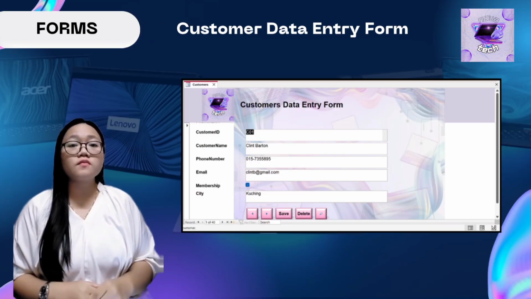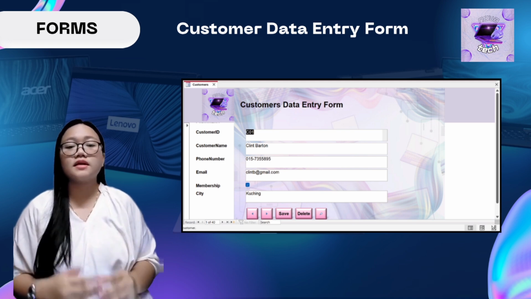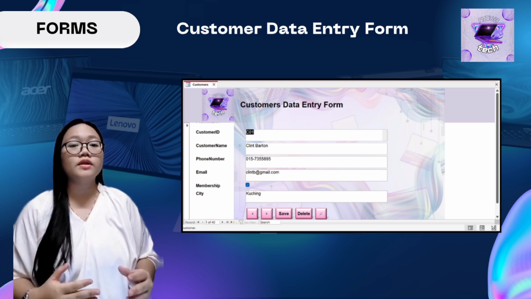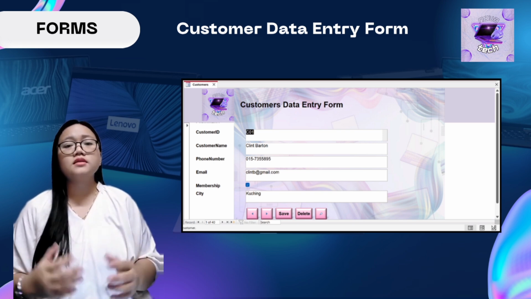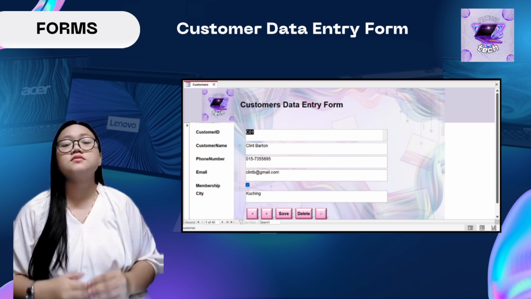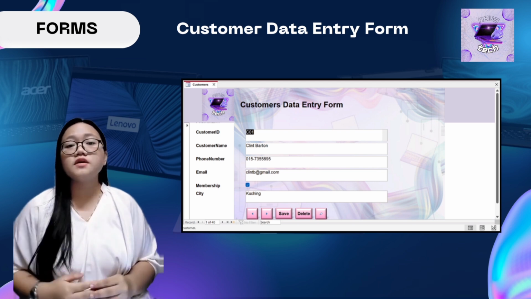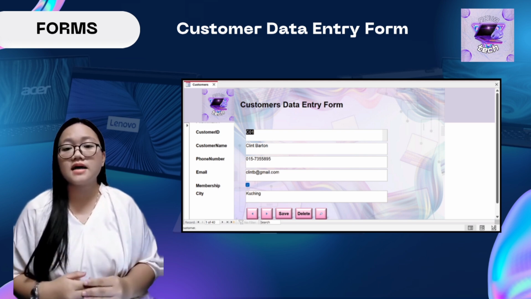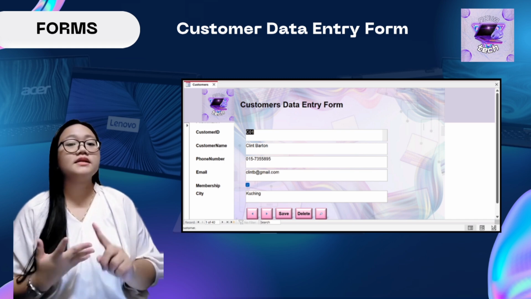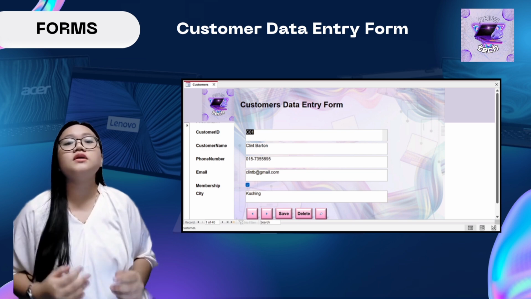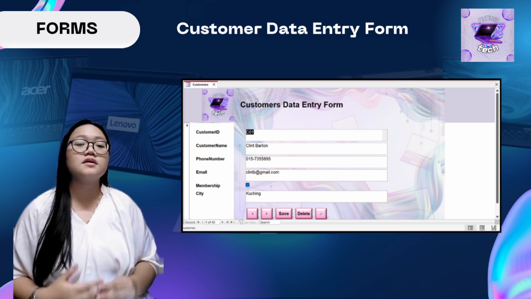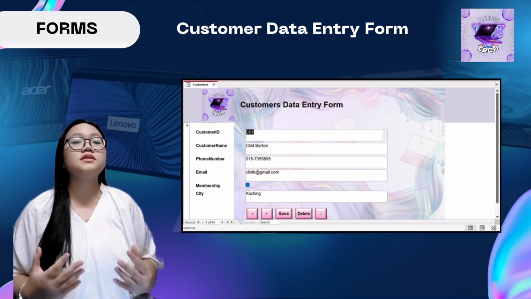Now, I will explain the form design in Microsoft Access for the NovaTech database. These forms serve as a user-friendly interface for interacting with and managing data stored in tables. They are customized to display data in specific layouts, restrict access to certain fields, and streamline repetitive tasks. The first figure shows a form view of customer data entry. These customer data entry forms allow staff to add, update, and delete customer information, and they also include navigation buttons and validation features to ensure that accurate data is entered, including the city to which the